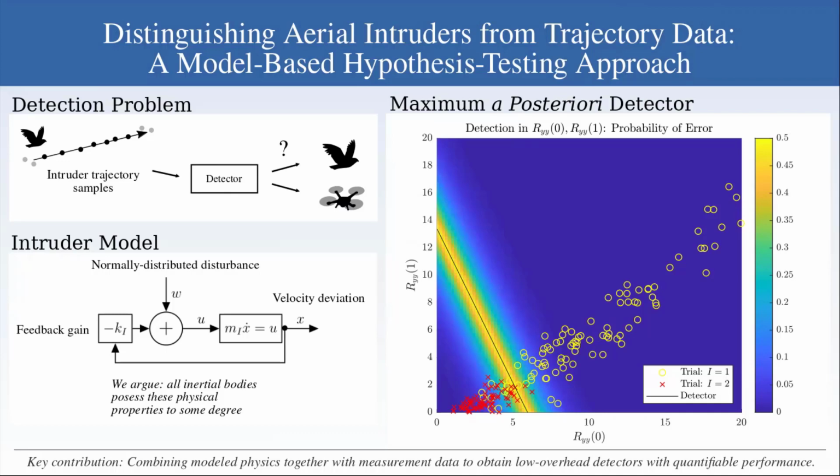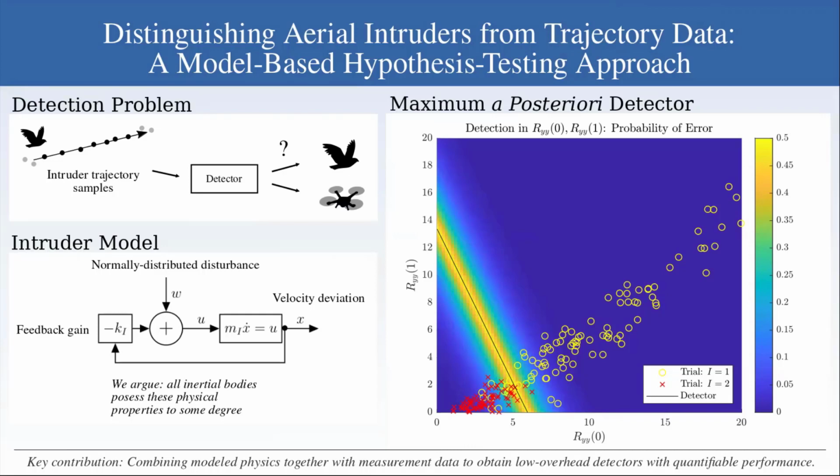The one problem is that birds often show up where a drone will, and that's because they tend to fly at the same velocity and at the same altitude as drones do. This itself forms a classification problem where birds must be distinguished from drones in order to enable effective security.